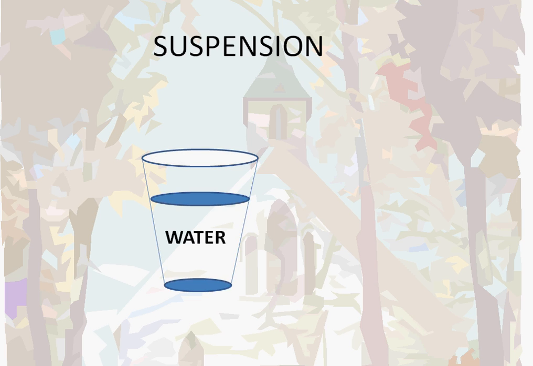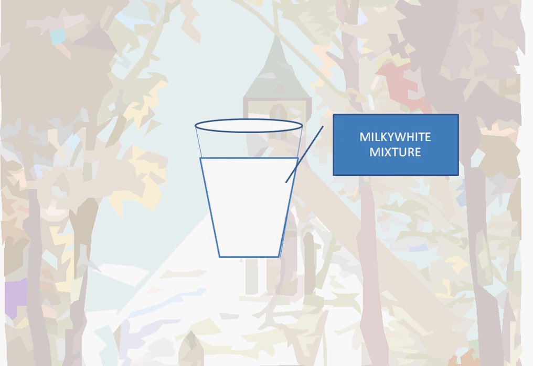Now, if we talk about the suspension, it is formed by those substances which are insoluble in water. This point will become clearer if I give you an example. Like if we take a glass of water and add chalk powder to it, that is, if we put some powdered blackboard chalk into a beaker of water and stir it, we get a milky mixture,